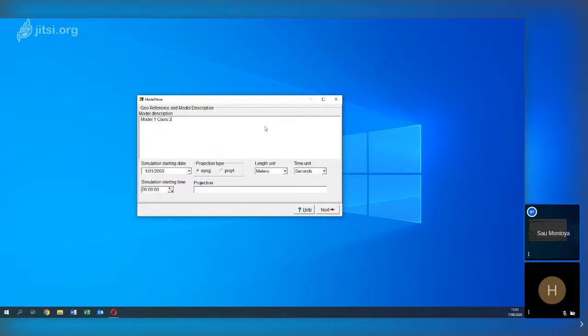The EPSG, let's see, Hans, or anybody, which is the UTM 84 of Amsterdam? It will be 326 something.